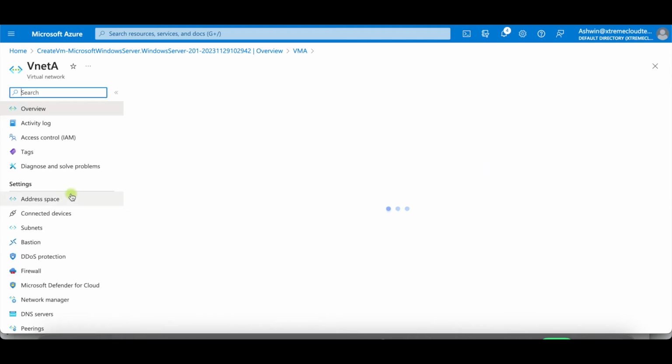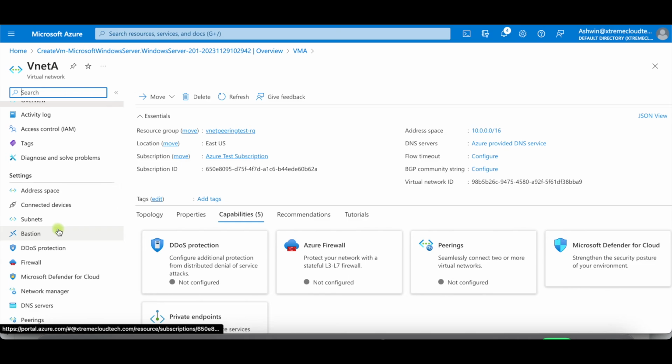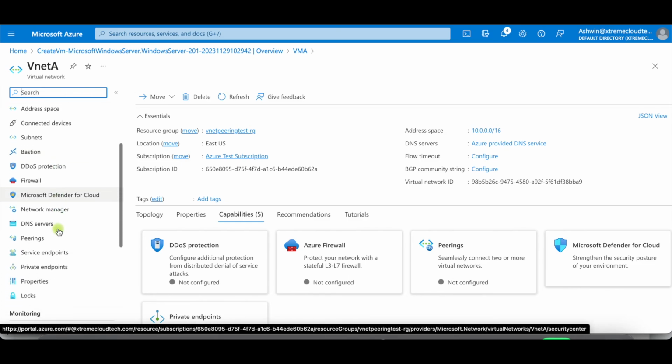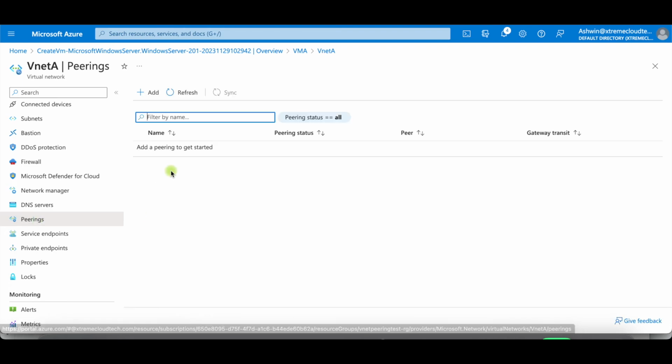So we'll move on to our VNet A, and this is our virtual network. Once you scroll down, you can see there is an option here which says peerings. If you go to the peerings, you can see there is no peering, or no connectivity, it's not connected to any other virtual networks. So what we have to do is add a connectivity here. So let's click on add,